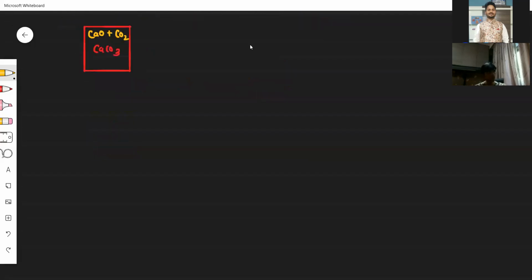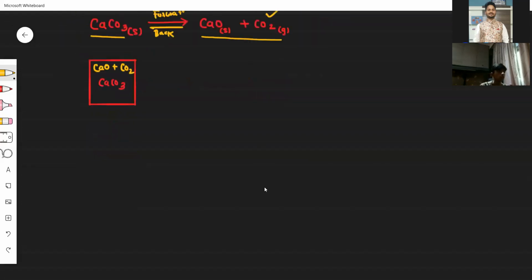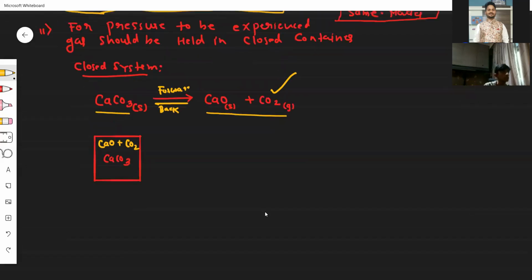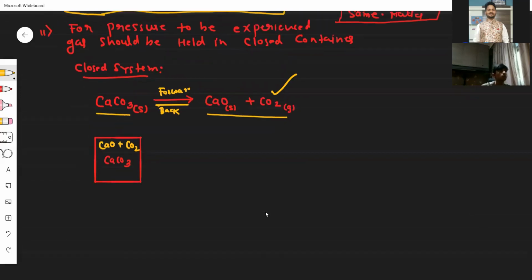One more question though. Does it necessarily have to be gas particles, or can it be solid or liquid also? Yes, there can be anything, solid, liquid. If you have a gas, then you need a closed container. If it is a liquid, it is not going to vaporize unless you heat it. So we always want a closed container mainly for gas.